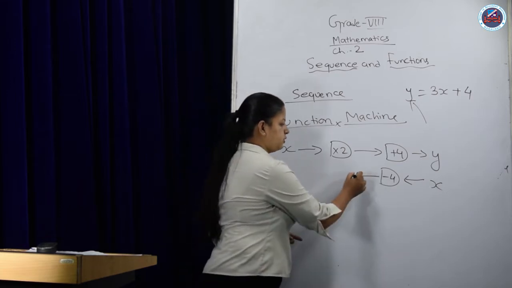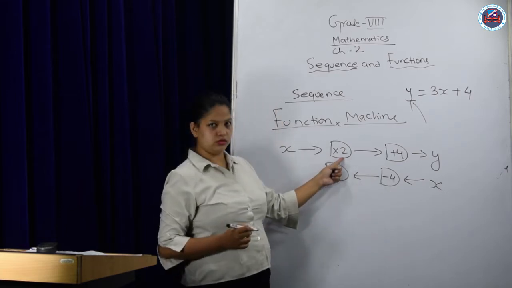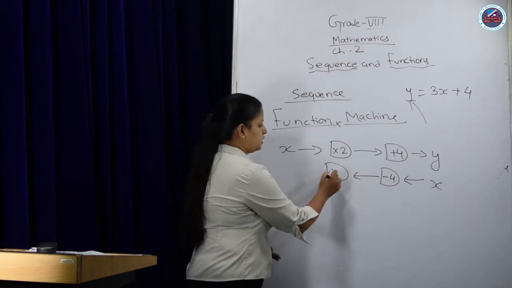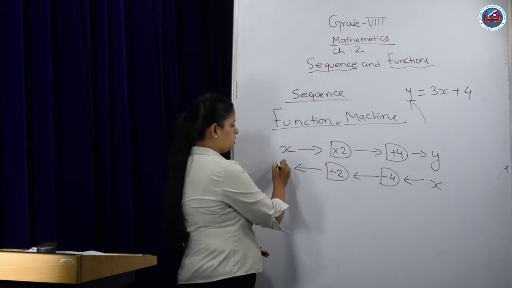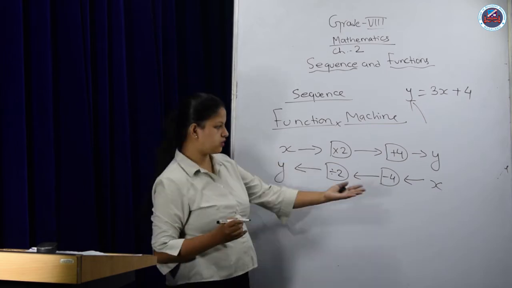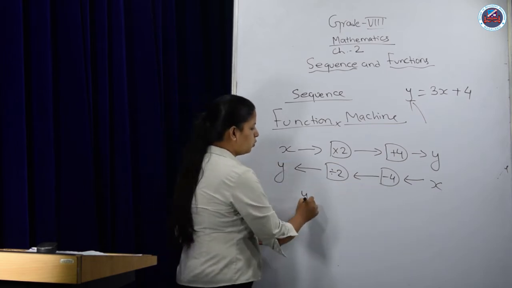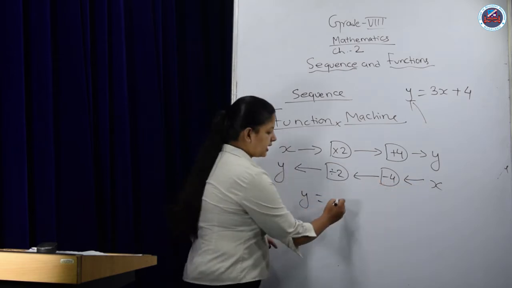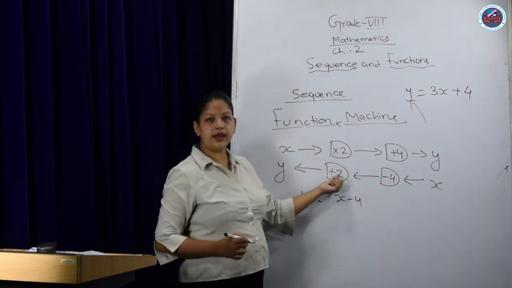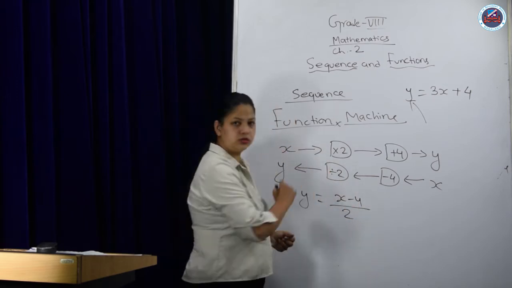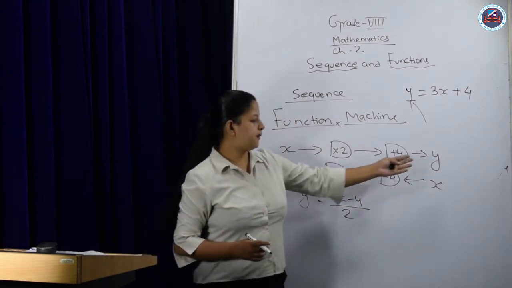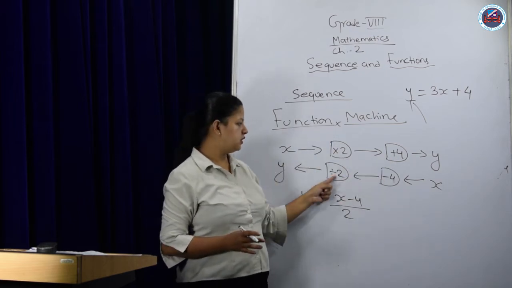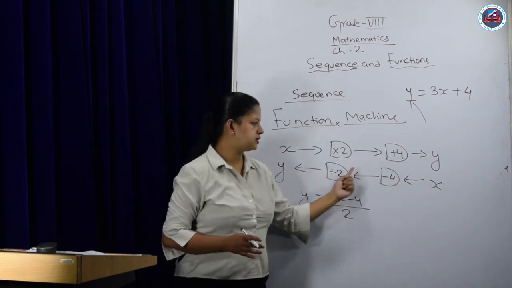Again further reverse you go, times 2. Now times also has the opposite sign, multiplication's opposite is division. Divide by 2. That will give you the function or mapping for y. That means the function you are getting here: y is equal to, in x you are subtracting 4, that is x minus 4, and being divided by 2, that means whole divided by 2. So this is the reverse function. Opposite of each, one by one, nothing much. Just change the sign and write the final function, whatever you get, this minus this divided by 2, that's it.